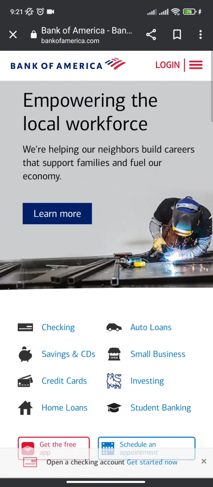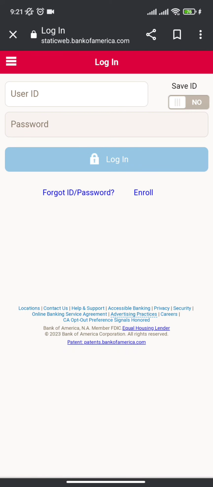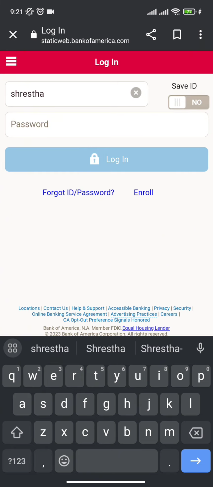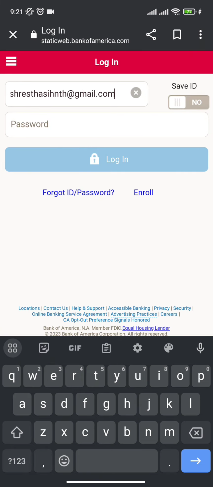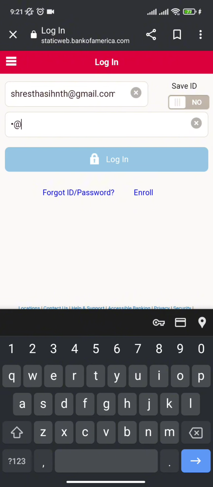So now all you need to do is click on the login option on the top right corner and simply type in your user ID which you had used to create your Bank of America account. Now enter your password. After you enter your password and you're done filling up both your credentials, you are all